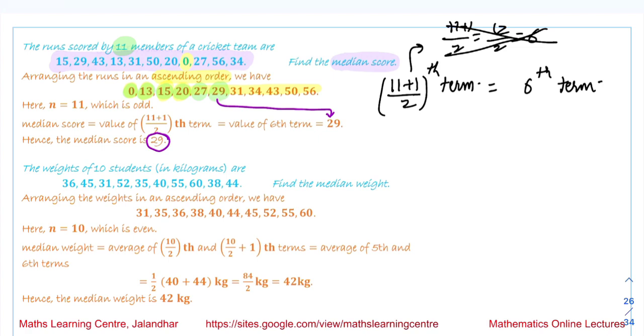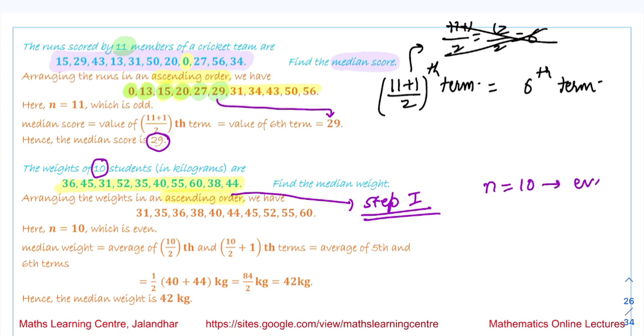Now the next one: the weights of 10 students are 36, 45, 31, 52, 35, 40, 55, 60, 38 and 44. Find the median weight. So again we are arranging them in ascending order. This is our step 1. All these steps are very important, because if you do not arrange them in ascending or descending order, your answer will become incorrect. Next, the value of n that we have is 10,